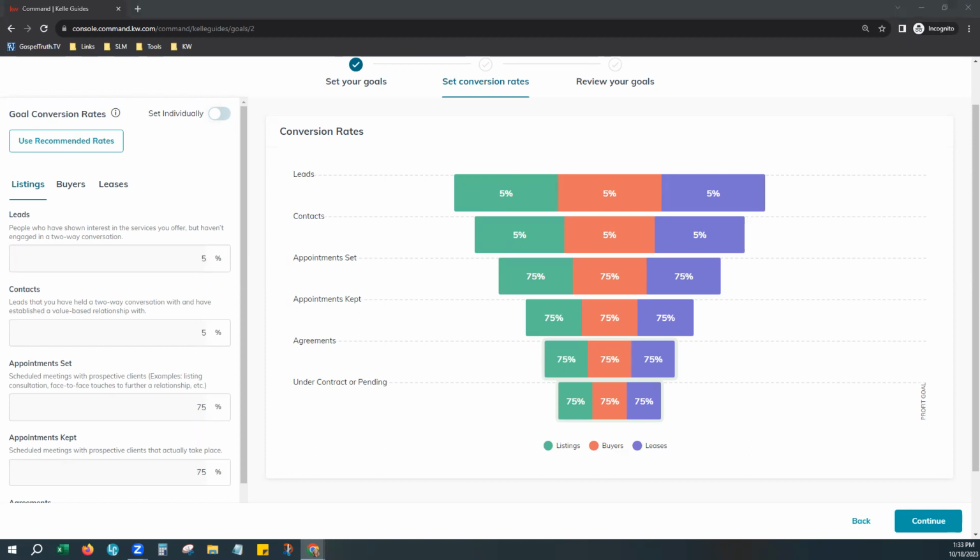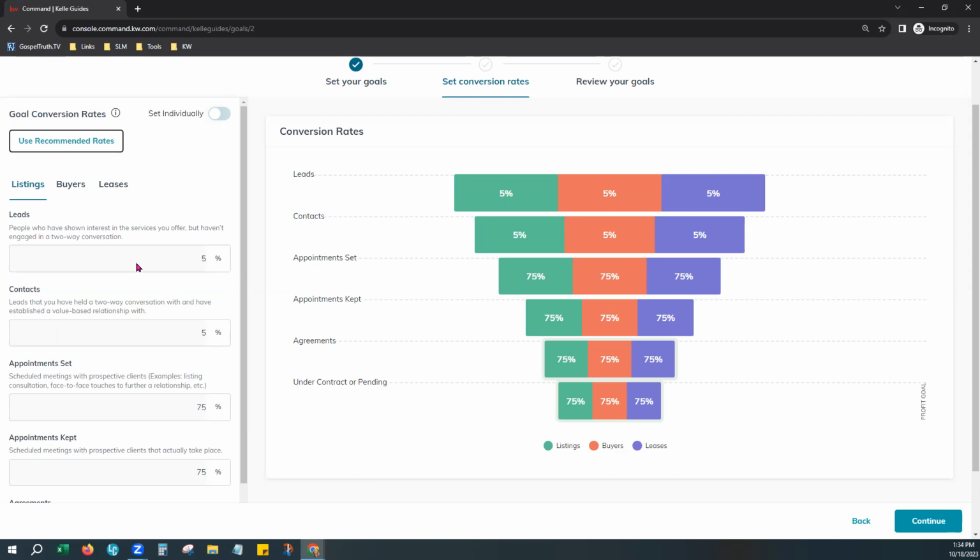They may look a little different than what's on our screen if any of these have been manually adjusted. Let's say you came in and adjusted them yourself and then decide you want to go back to the default. You can always do that by clicking use recommended rates right here. It'll reset to the defaults for you. Okay. It's probably best to use those anyway right now, unless you are very experienced in your business and you are very in tune with your own personal conversion rates. Then by all means, go ahead and change these conversion rates to what is suitable for you. But if you're just starting out, really want to get a pulse on what your true business numbers are, not just what they kind of feel as you're going through your business, go ahead, start with the default, see where you